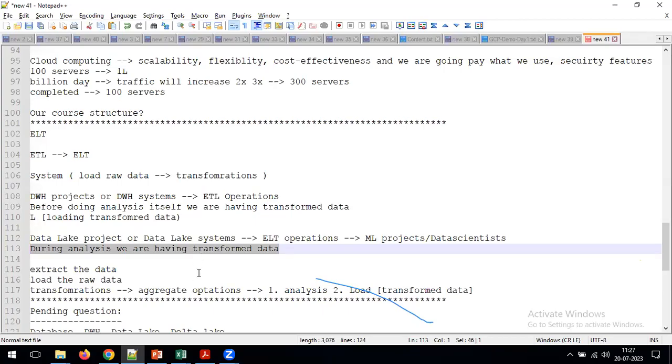Sir, basically, data lake means ADLS? Data lake means you're asking ADLS. So tell me, only in Azure do we have the data lake? No, in GCP we also have it, and in AWS we also have it. I'm asking in general: ADLS and data lake mean the same, equal? Yes, that's the one.